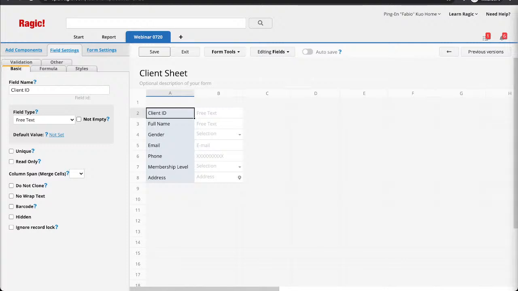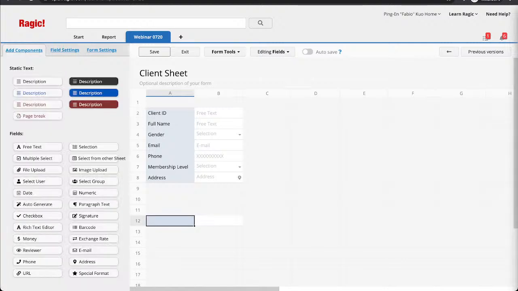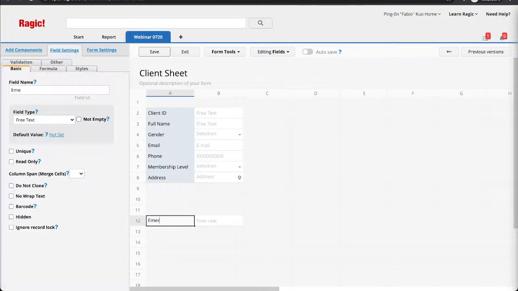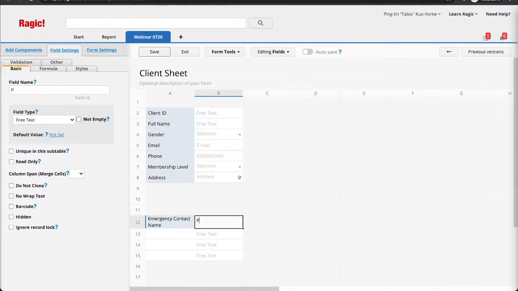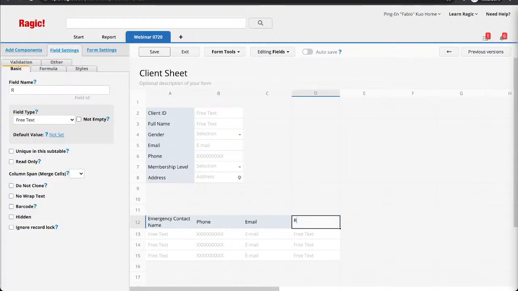So right now I'm going to create the emergency contact information with a subtable. Emergency contact name, phone, email, and relationship with client.